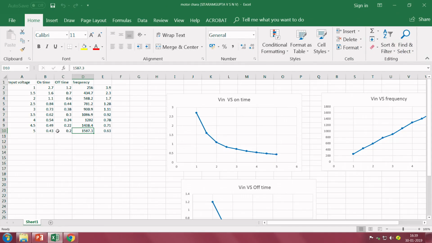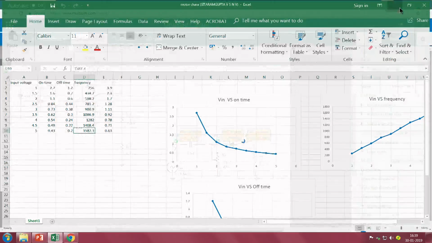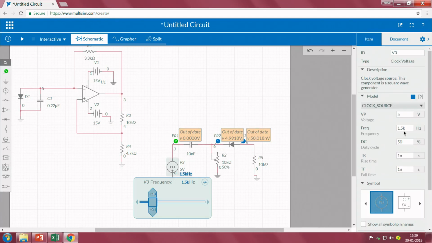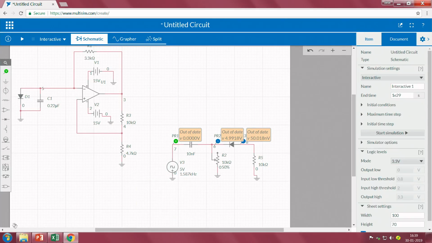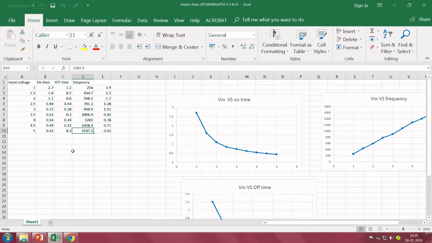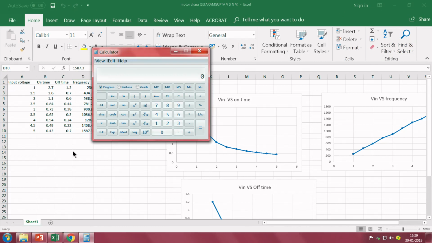And here it is clearly indicated that the on time and off time in this case is not fixed, right. So, I will go with 1.5K and on time as 430, okay, 1.5873 kilo. Now, when we calculate the duty cycle, because we have to give only input as duty cycle, so on time by total time is the duty cycle, 0.43 divided by 0.63. So, approximately 70% duty cycle.